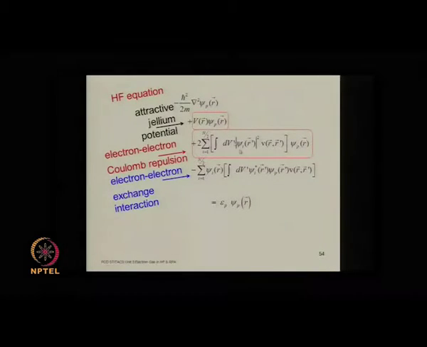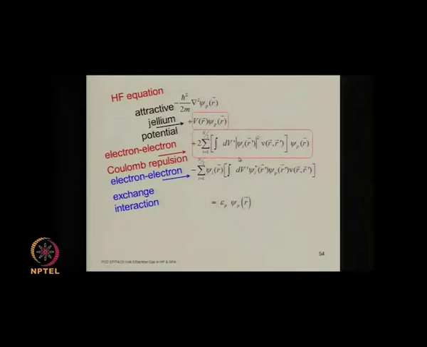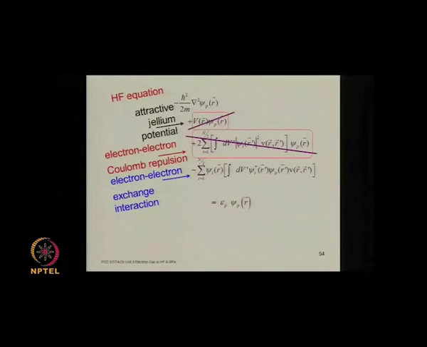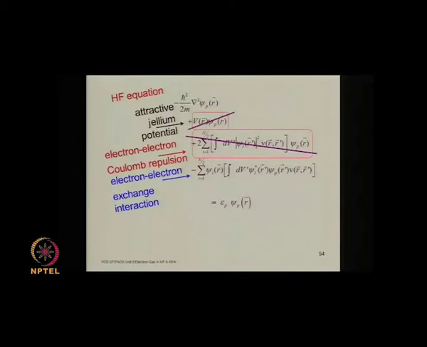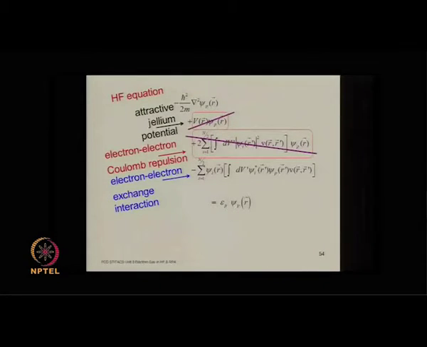So, these two terms are exactly equal and opposite, because this is smeared out over entire space, this is integration over whole space dV prime, and this has no reason to be anything other than uniform density, and therefore, these two terms will happily cancel each other, exactly cancel each other, there is no approximation here. So, the Jellium positive potential cancels the electron-electron repulsion, but only the Coulomb part of it, the exchange term which was